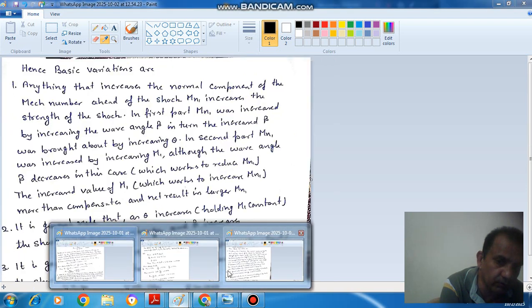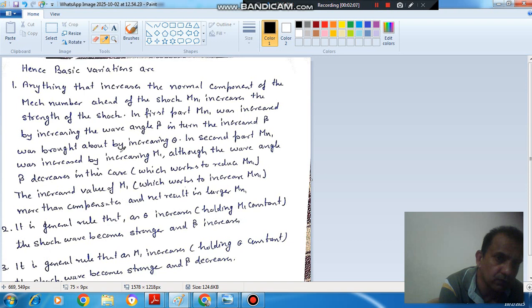Now we'll see the basic variations. The first variation: anything that increases the normal component of Mach number ahead of the shock, Mn1, increases the strength of the shock. So in question number 2, in both cases the pressure was more as compared to question number 1